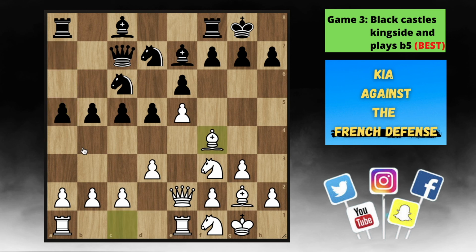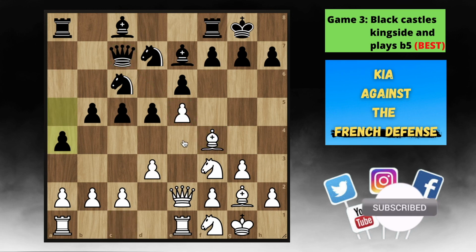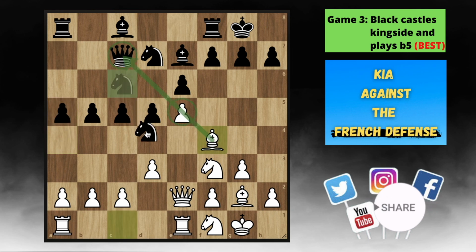Bishop to f4. Remember, this idea is very common once this queen is on c7. We want to keep this x-ray, and at the same time, we protect this pawn, so now our queen no longer needs to stay there protecting it. Black continues with a4. Another key idea here is to go for knight to d4,